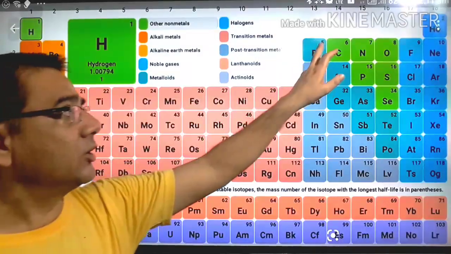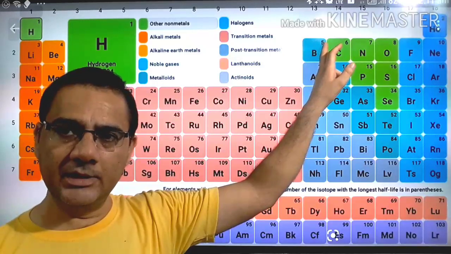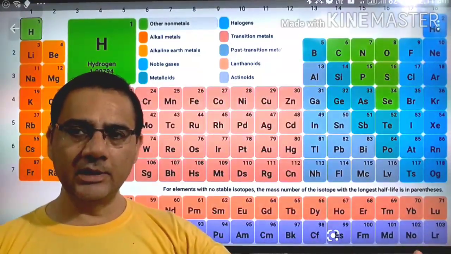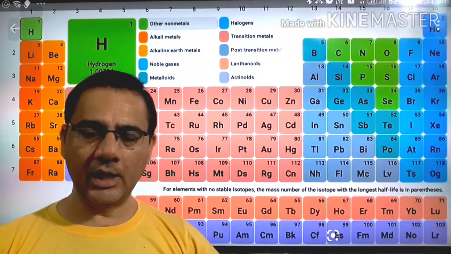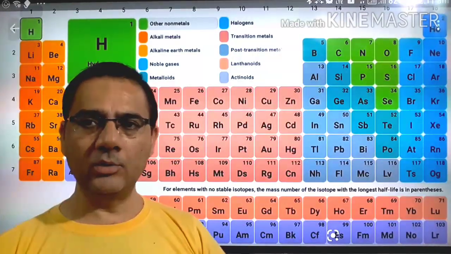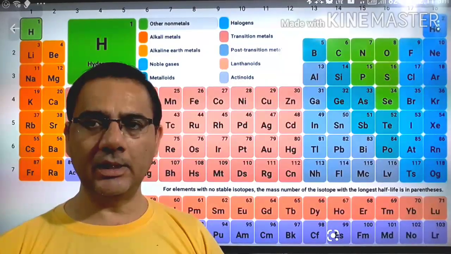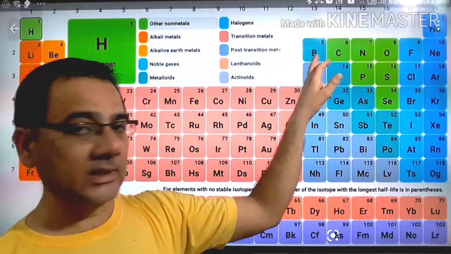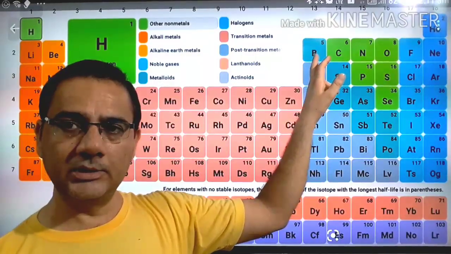Now we come to this point. Boron. Boron has the atomic number 5, and now we arrange these electrons. Total 5 electrons are there, and when we arrange, then it comes 2 and 3. Then how many electrons are present in the outermost shell? That is 3. The electrons in the outermost shell are also called valence electrons. So if I ask you how many valence electrons are there in this boron, then you say 3.